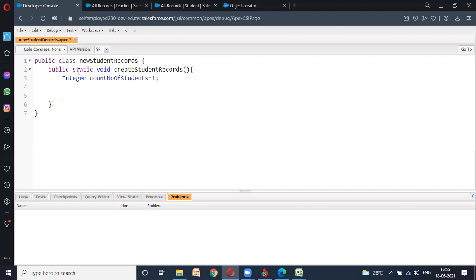For this, I will give a condition while, or in layman terminology, I will say as long as. That only is what we call a while loop. Okay, let me double slash this.